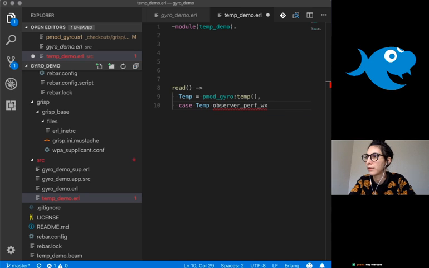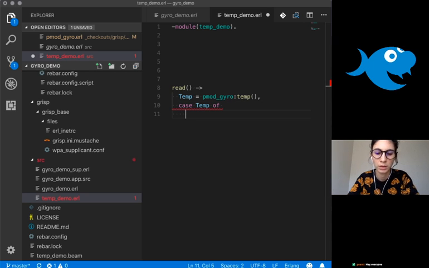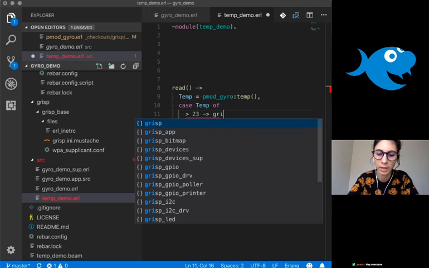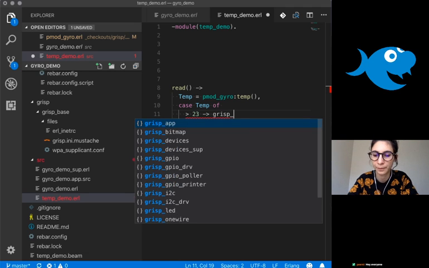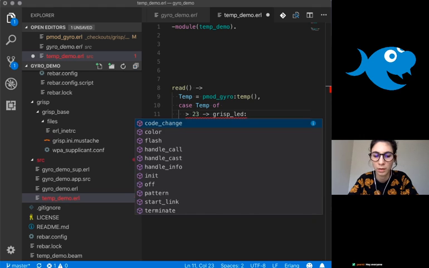Temp of, and then if it's greater than 23, we said, right? We could just say GRiSP LED color,